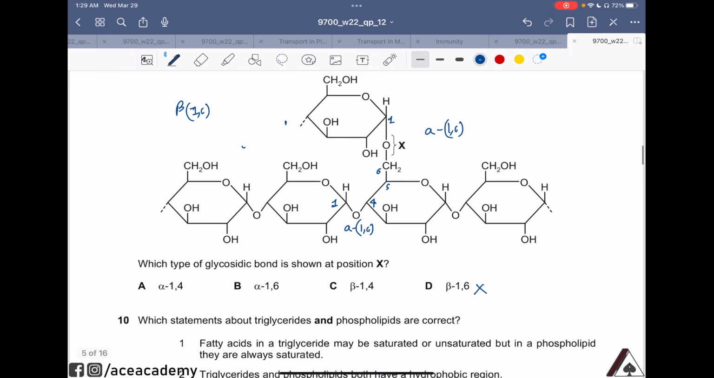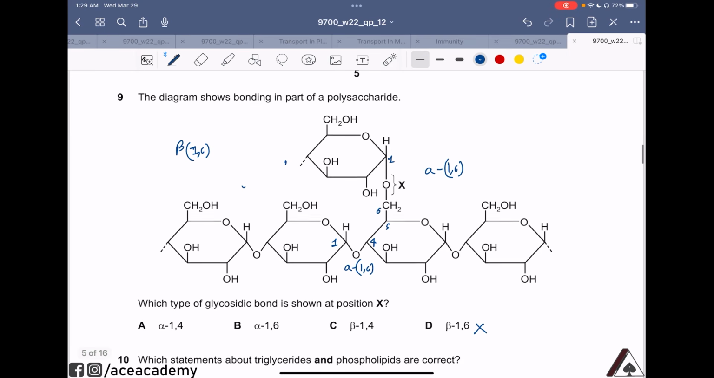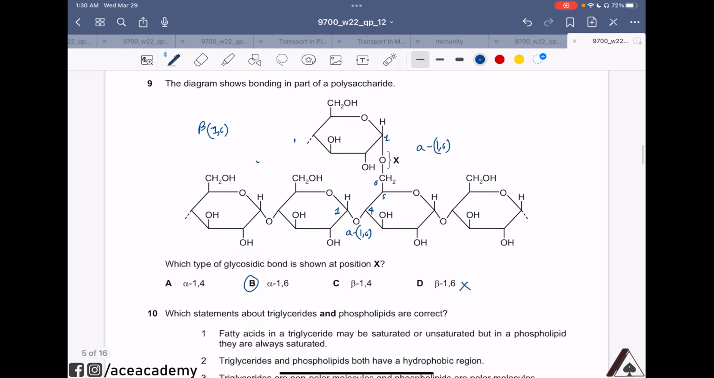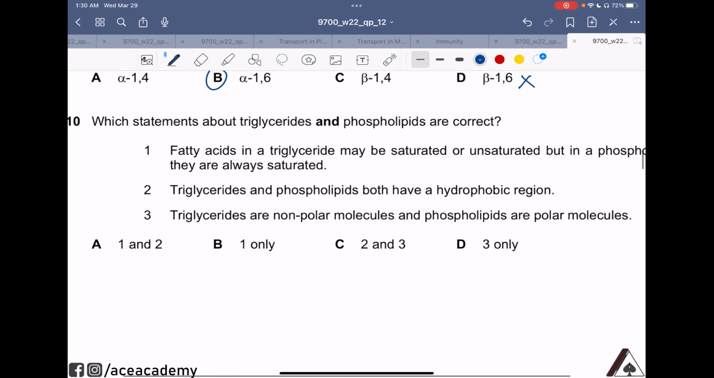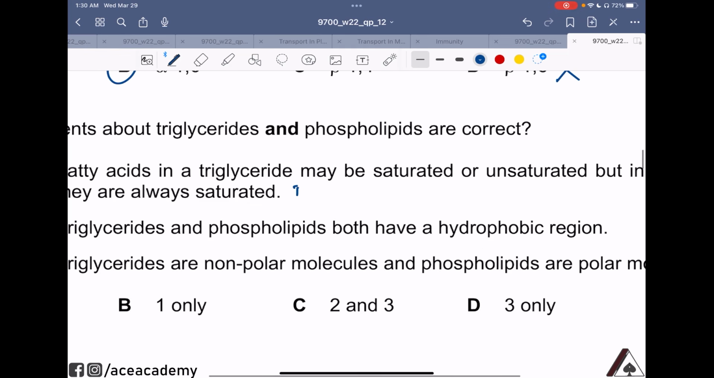So X, the answer for question number 9, is alpha 1,6 linkage. So for 9, B is the correct option. Number 10. Which statements about triglycerides and phospholipids are correct? Fatty acids in a triglyceride may be saturated or unsaturated, but in a phospholipid they are always saturated. Incorrect,